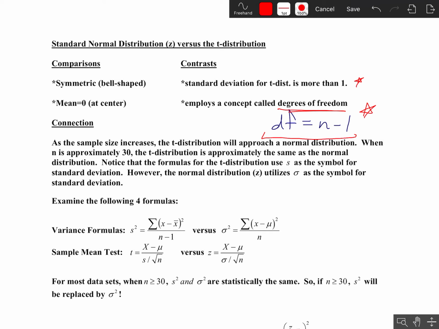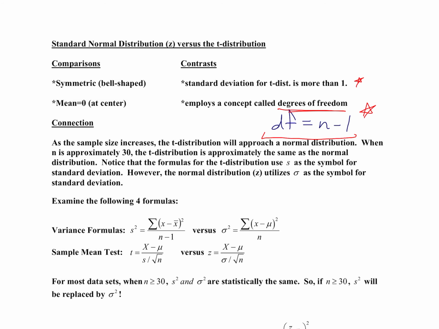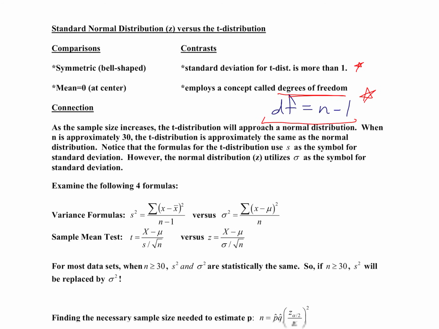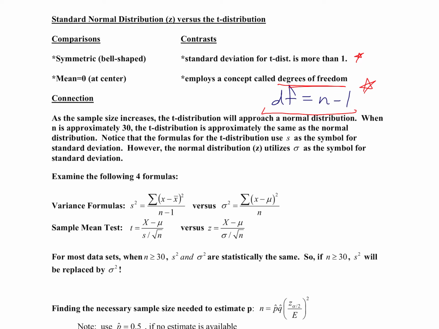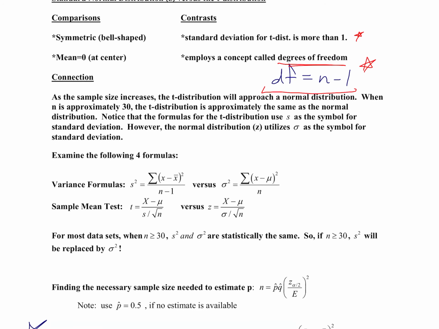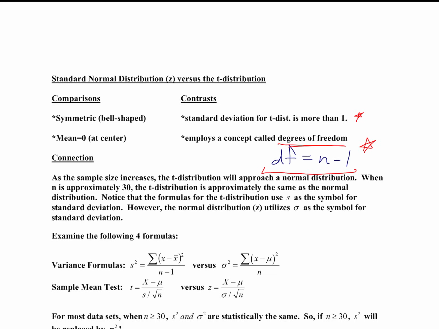And then the rest of this page is basically just summarizing that t is what we'll use anytime we have a small sample size. So whenever the sample size is smaller than 30, and in other contexts, whenever the sample size is larger than 30, you can just use the normal distribution. Okay, so